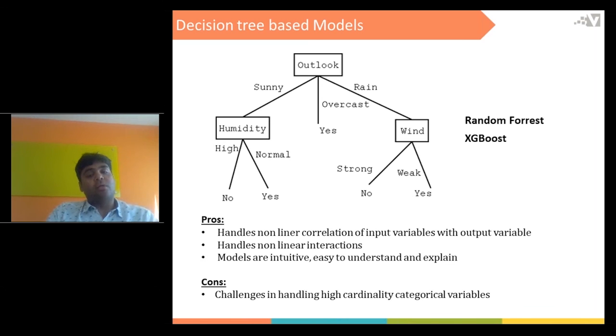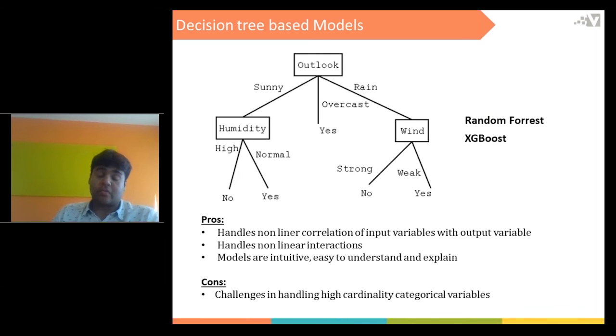The challenge, again, is that it fails in the case of high cardinality categorical variables. Out of the box, decision tree based models don't handle high cardinality variables that properly. High cardinality here means tens of thousands.